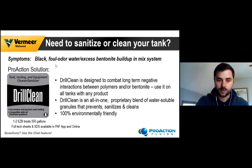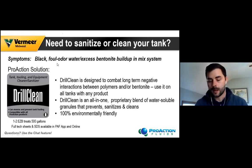So the way we combat that is with the Drill Clean product. So pretty economical tool for cleaning up your drilling fluid system, or you can also use it on a preservative basis, I guess if you want to call it that. So maybe you go out to a job site and the locates didn't get called in, or machine breaks down, whatever, maybe a lot of things can happen, and you've already mixed up your tank full of fluid. So whether that be ProDrill or Geo Sweep, you could add Drill Clean 1 bag per 500 to the tank,